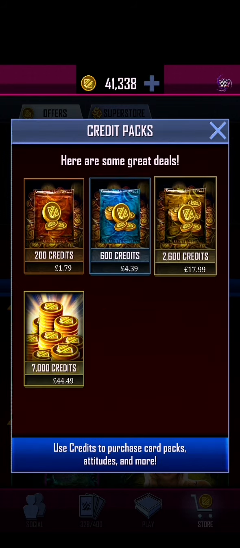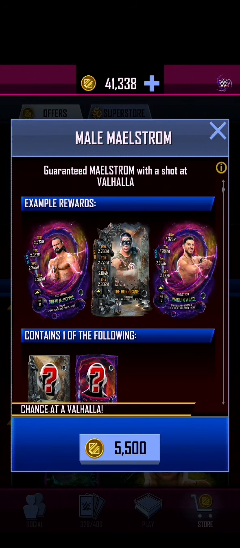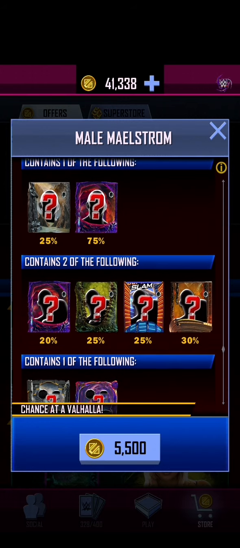To show the cost in the UK, 7,000 credits is £45, well, £44.49. So really 5,000 is about 30, 35, somewhere between there. So I don't really want to spend this kind of money a lot, but because it's a new season and